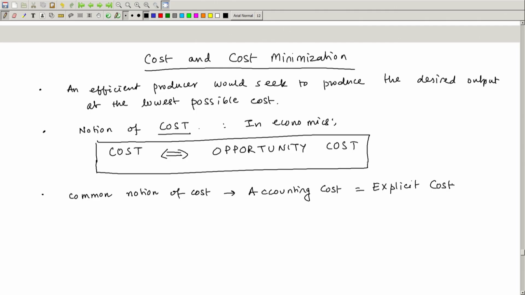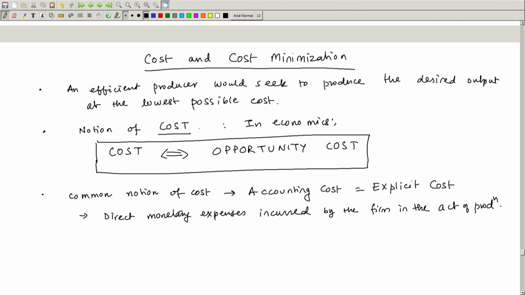So I would call this the direct monetary expenses incurred by the firm in the act of production,